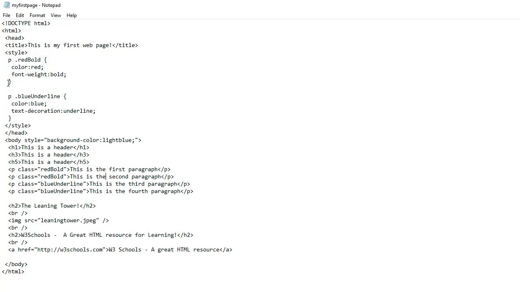Right, and I realize I made a small typo here. We actually take these out. We want these to be general classes. So if you leave it like this, these classes can be used with any tag. But the color and text refer to text, so it generally has to be any element that has text within it. In our case, we have a paragraph which has text within it, so we'll use red, bold, and blue underlined for paragraphs only here. So we'll go ahead and save that,